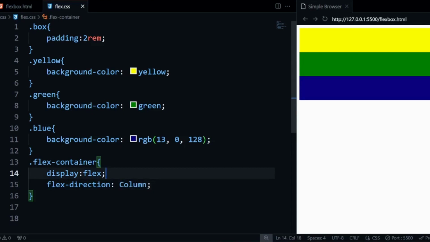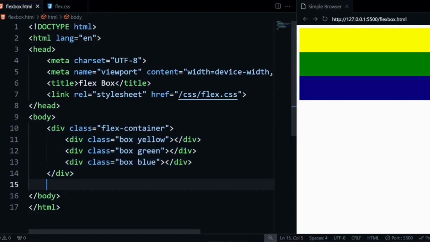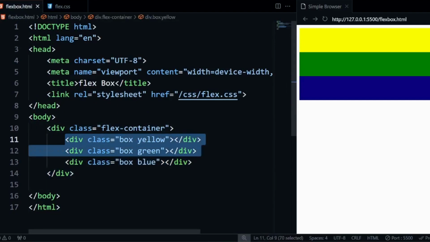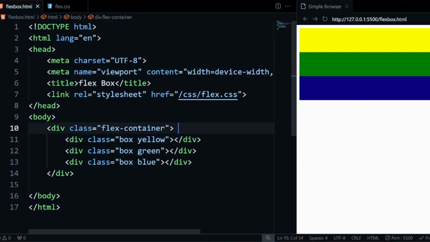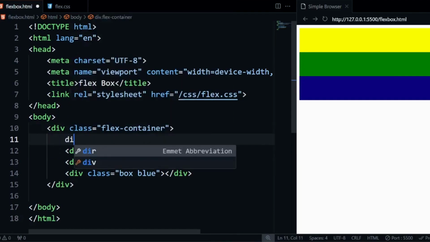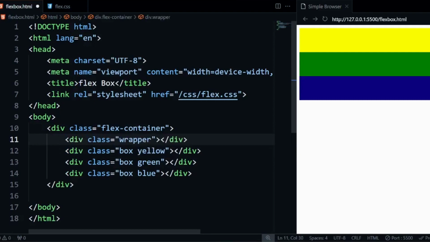But what if I want to display the two above divs row wise and the third one column wise? There is no direct way in flex. To do so, you have to make some changes in your HTML. You have to place these two divs, the above ones, in another div. So I am creating a div called wrapper div. Okay, and I am closing this wrapper div after my